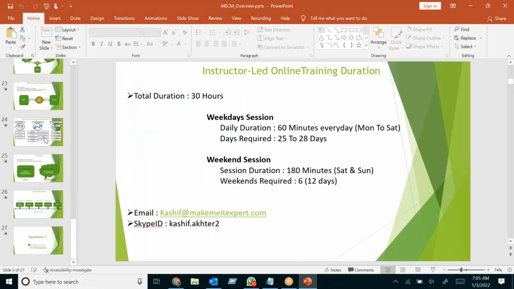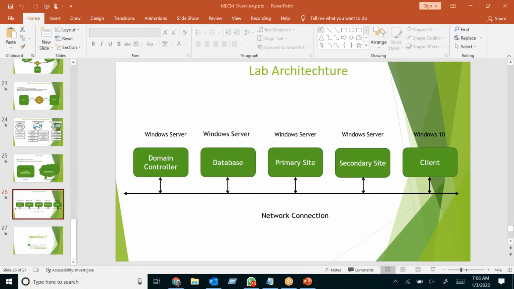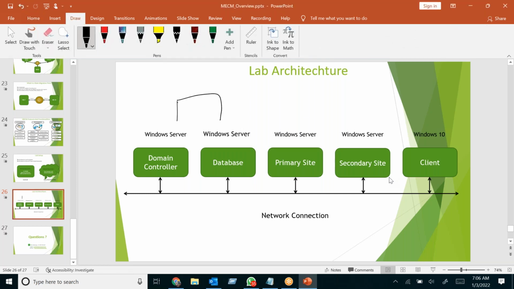Let me show you. Okay, so this is the architecture. This one is our lab architecture, but if you would like to go with CAS, then you need to have one more primary site, let's say P2, this one is P1, and you need one more database, let's say DB2, this one is DB1, and we need one CAS server and one database server for CAS.